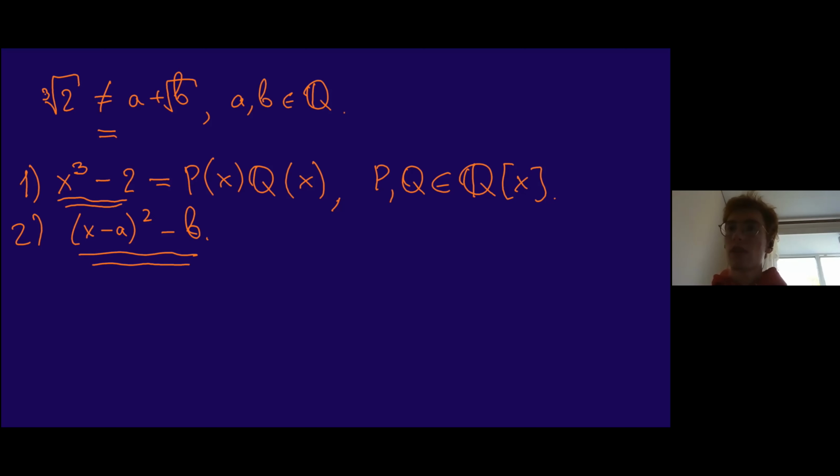This is impossible, hence this polynomial is irreducible. Okay, so we have two irreducible polynomials which share the same root,